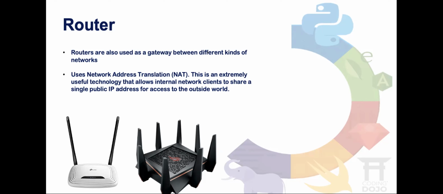So routers are one of the most intelligent devices we have because routers are able to keep track of your MAC address. Routers are also able to keep track of your IP address, and so many things. Routers can even block a network. Routers can act as a firewall. So it can do so many things. And these are examples of routers. It could look so different. It could look so weird. But at the end of the day,